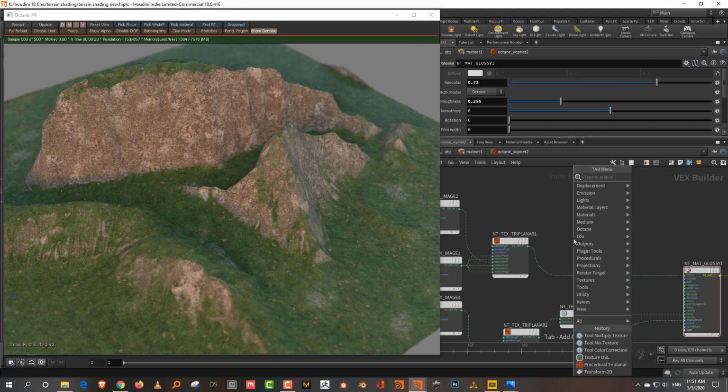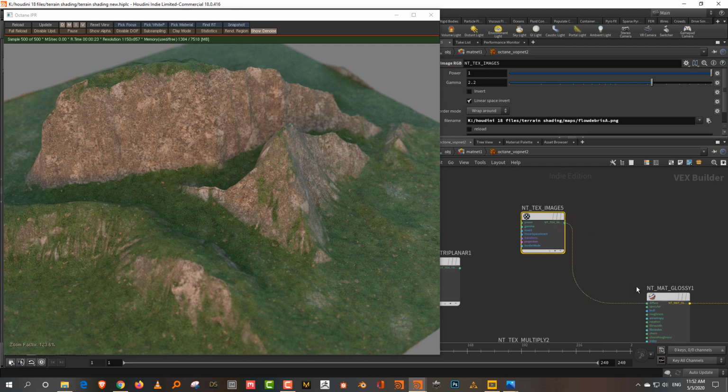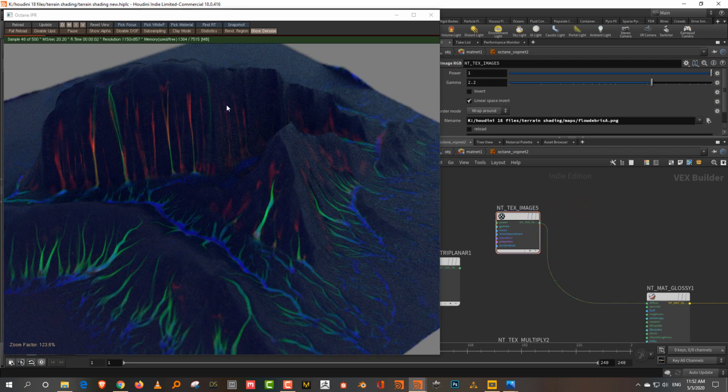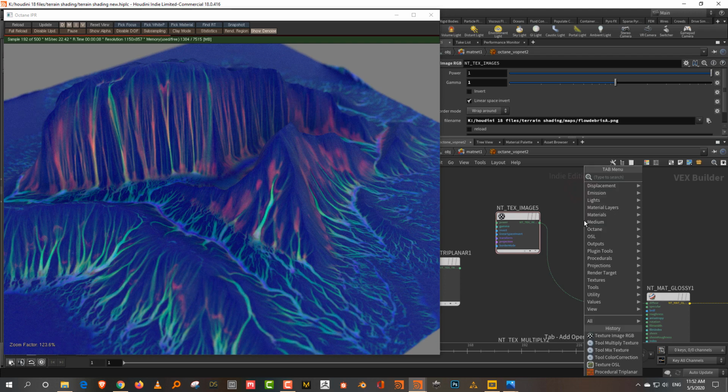Let's do one thing. I'm going to take texture image RGB. So we have this. Let me just check this. Okay. So in order to extract this, I'm going to need a channel extractor. Okay, and again, keep the gamma to 1. So it works better. Usually it's at 2.2. You don't want to keep it at 2.2.